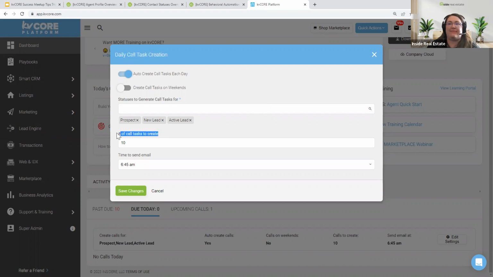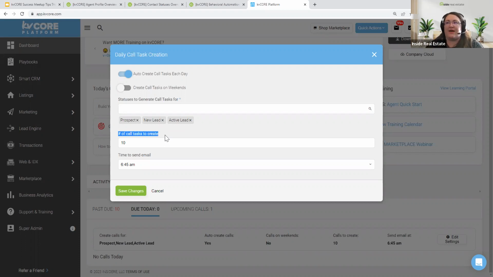Now, think about how many calls you want to create. Our general rule of thumb is no less than 10, and you want to call your 10 by 10 a.m. Right? This is your outreach. Everyone's a little different. It's the beauty of real estate: you can make your own business structure. But I like to do my outreach in the morning because then it gives people time to respond to me all day long. So a good goal is 10 calls by 10 a.m.